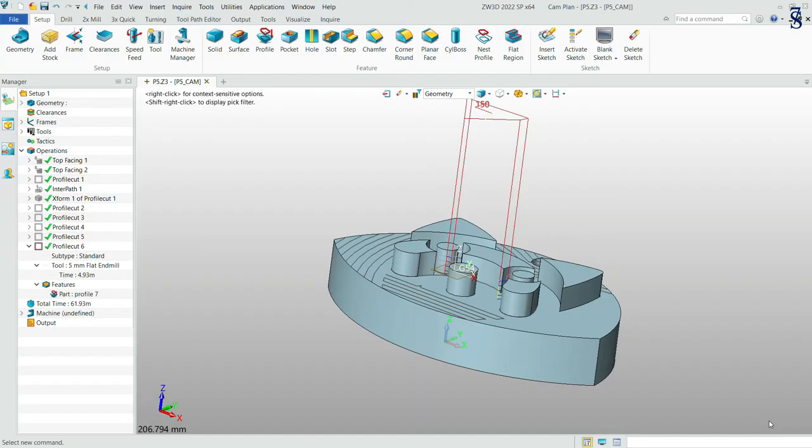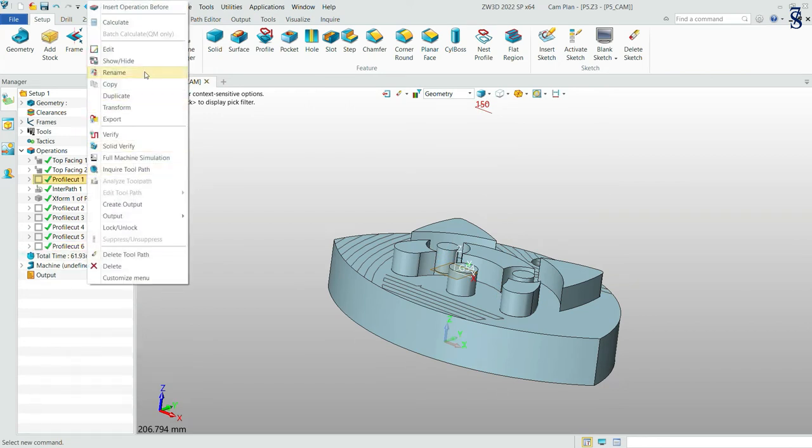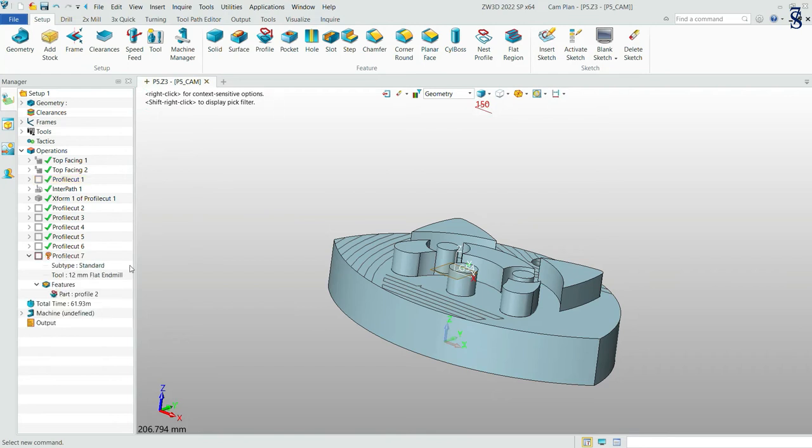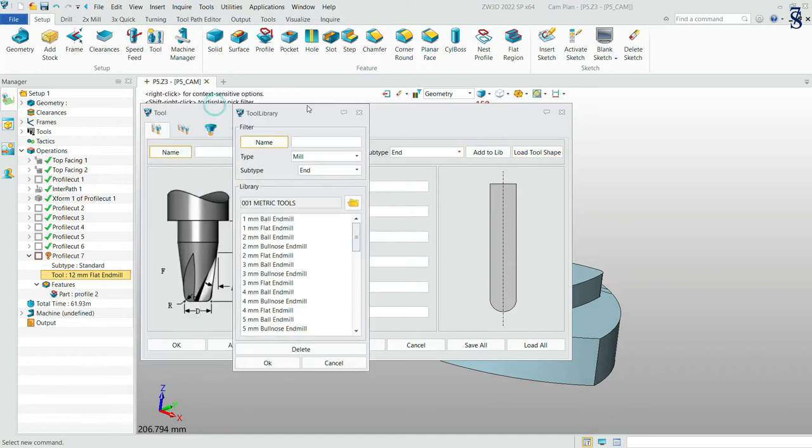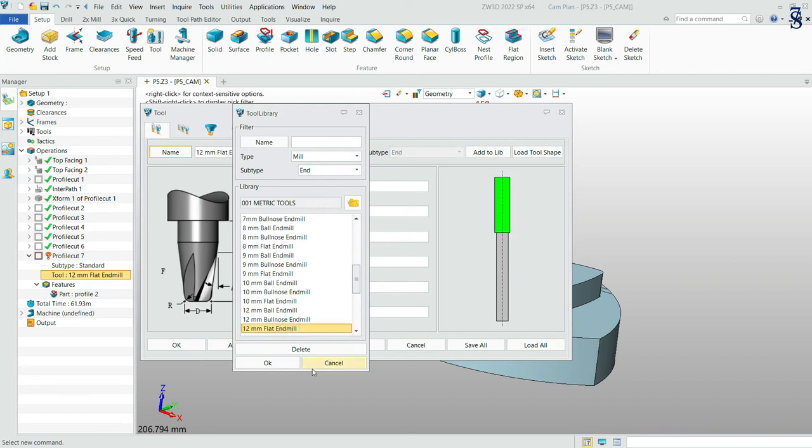Let me show you step by step how to accomplish the task. First, we double click the previous operation, collapse it, right mouse click, duplicate. We have to manage the tool, load tool shape, mill, 12mm, flat end mill, OK,